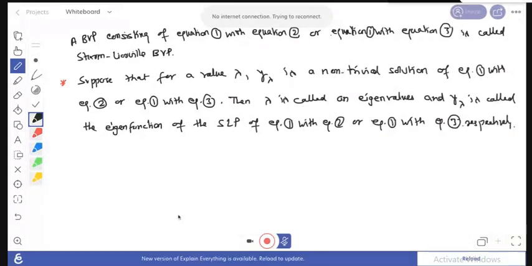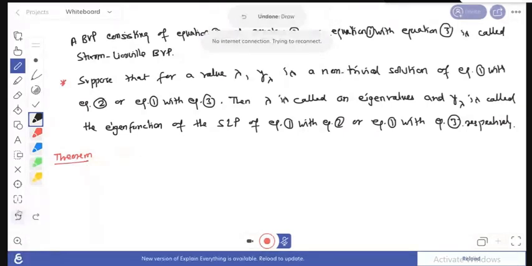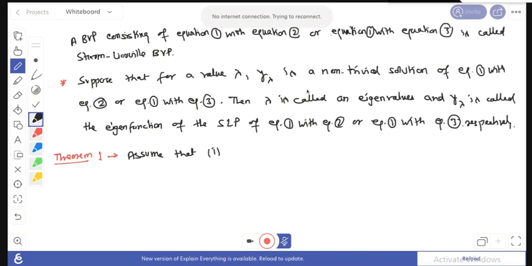Here there are basically 4 theorems. This is theorem 1, and this theorem says that if you assume this interval a and b, that is x is defined on a closed, finite interval, so a and b are finite real numbers,